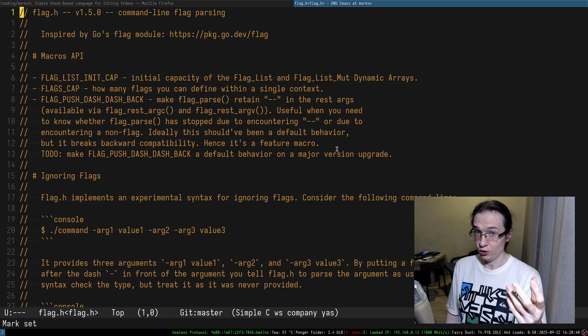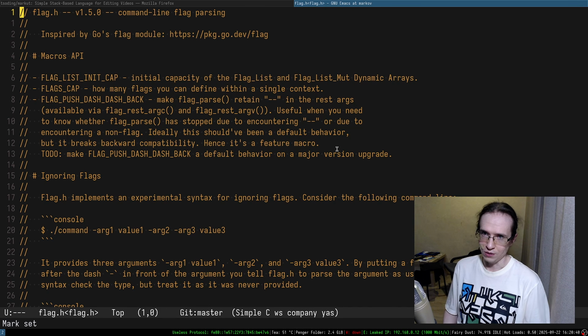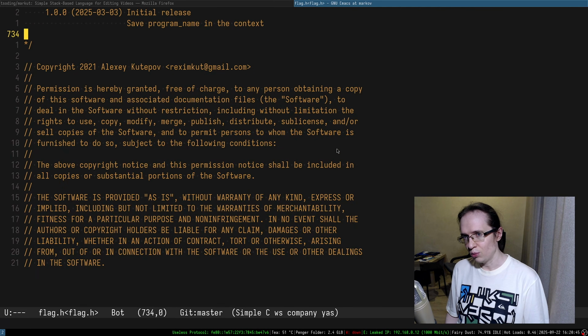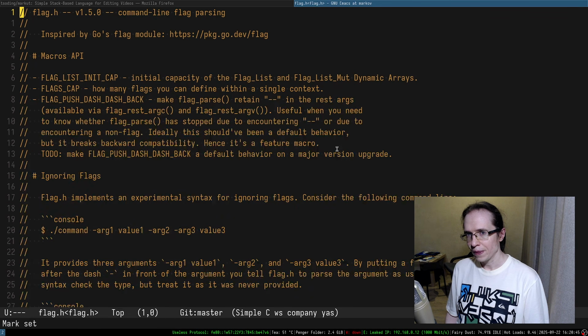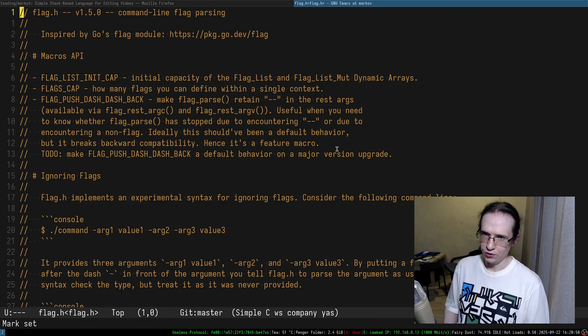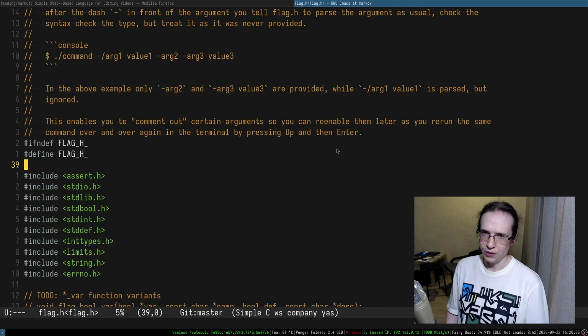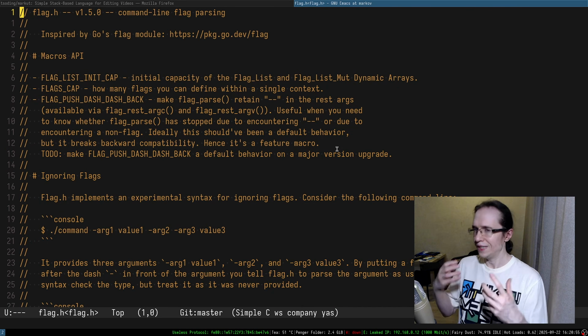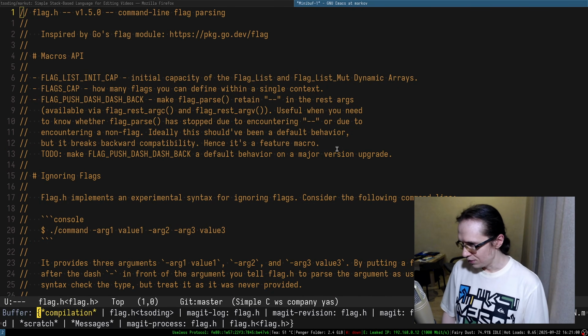I'm really afraid to touch knob, to change something that breaks things. It's not that widely used, and it already accumulated enough problems that I really want to fix in a backward incompatible way. So that might be one place where I'm going to test all these ideas. But anyways,